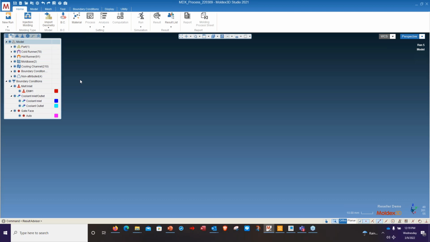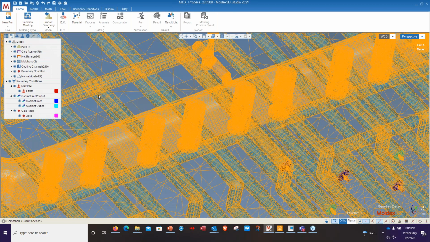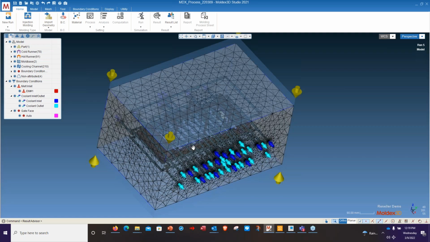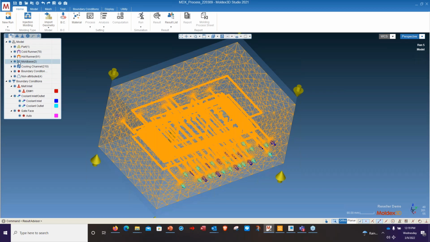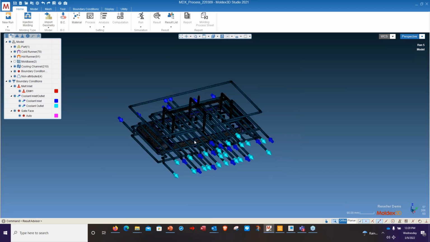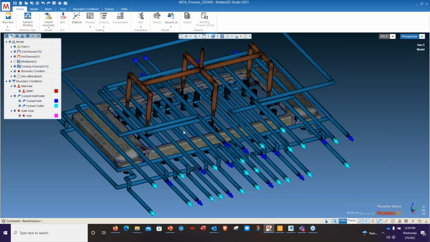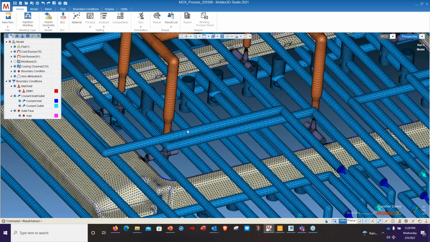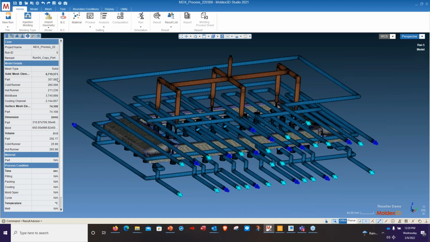So this is what the mesh looks like. We've got our mold base. We can turn off some of these things. We're going to turn off the mold base. We have our parts, our cold runner, hot manifold, cooling channels, and bubblers, baffles. We can check the information. So the information on this is 6.7 million elements. With this in, we have the part volume, mold volume, so part cold runner portions, because we brought these in